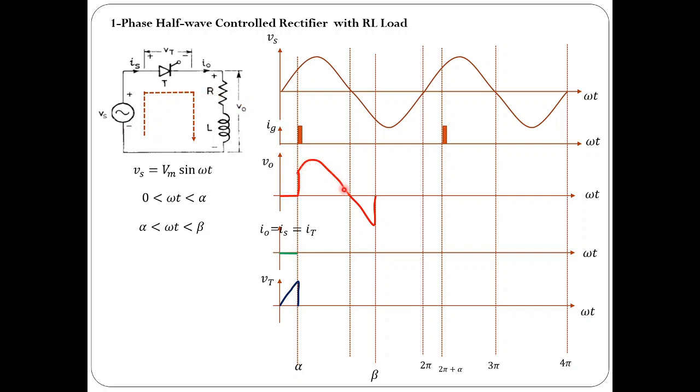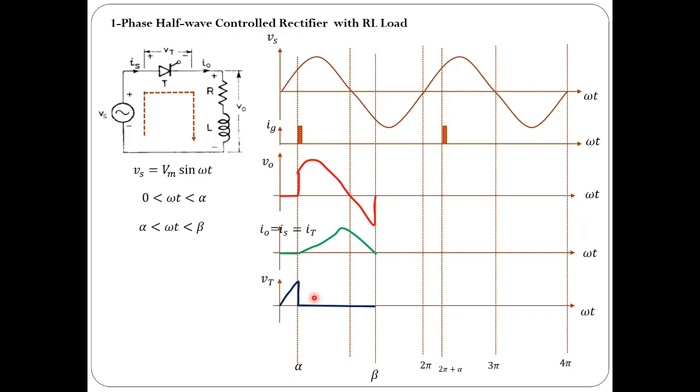Now see, from 0 to pi the source voltage is positive, and from pi to beta it is negative, but no problem. The inductor would take care of the forward biasing condition of the thyristor. During this period, you can observe that the current through the load would take this kind of wave shape. Somewhere before pi it would reach the peak value, and then it would try to decrease, and the current would become 0 at beta only.